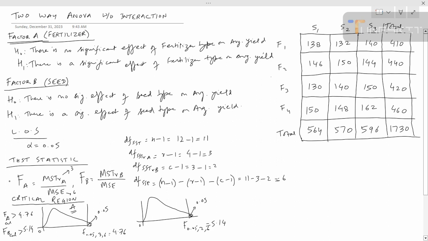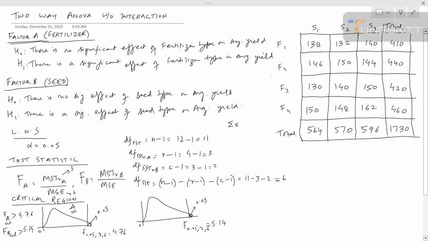So, 138. The alternative way is to raise every value to square: 138 squared plus 132 squared plus 140 squared plus 146 squared plus 150 squared plus 144 squared plus 130 squared plus 140 squared plus 150 squared plus 150 squared again plus 148 squared and plus 162 squared gives us the sum of squared value as